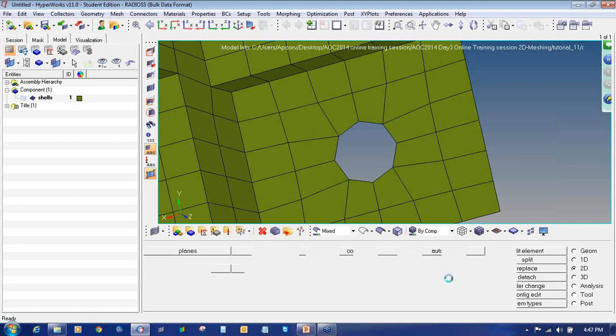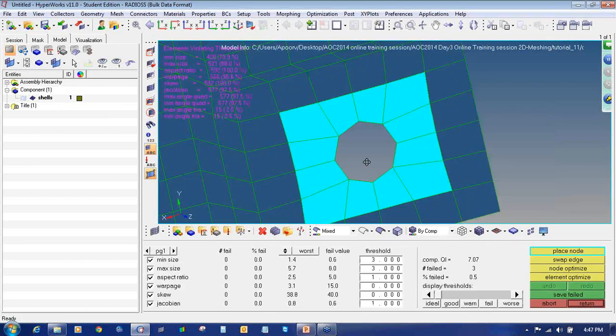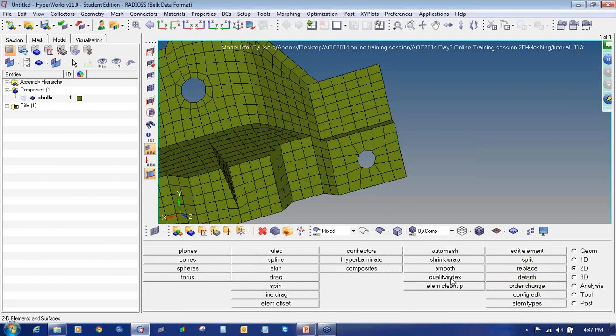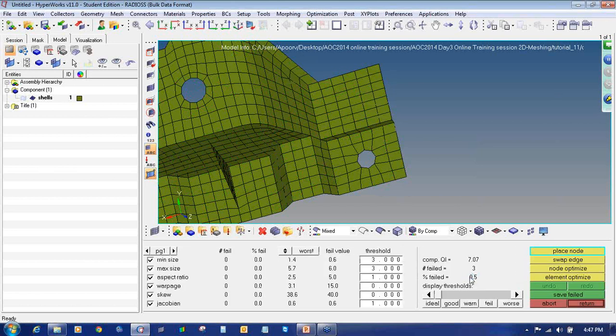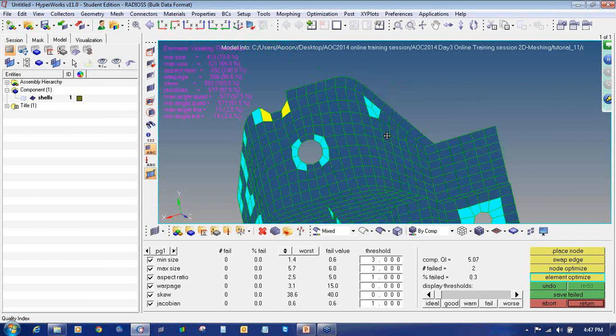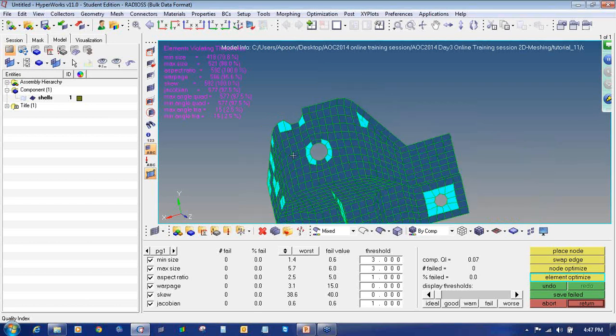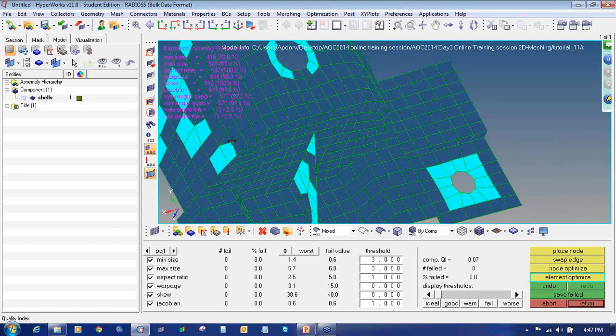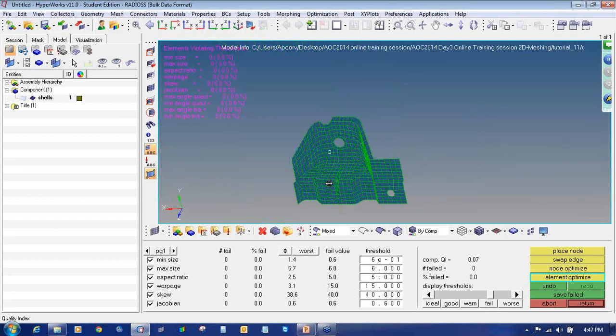Also, there is one more option available in Hypermesh to improve the quality. So you can see that is 2D. On the 2D page, there is one more option as quality index to improve the quality by just clicking on the elements. You can see these are the failing elements. So if you just click on it, the quality will get improved. So you have to see the failed elements only. So no elements are failing here.